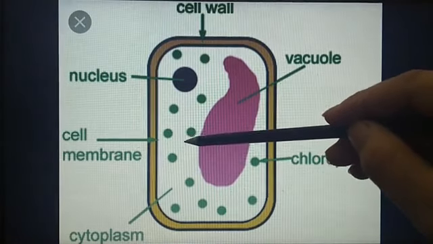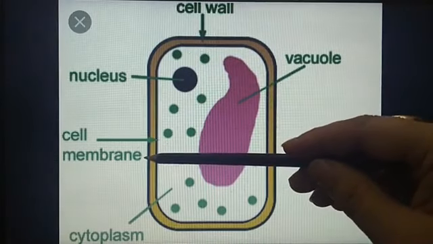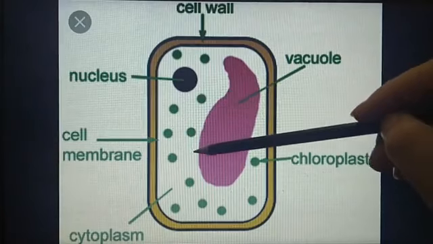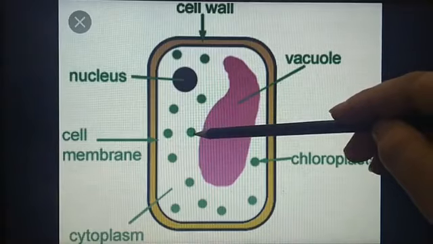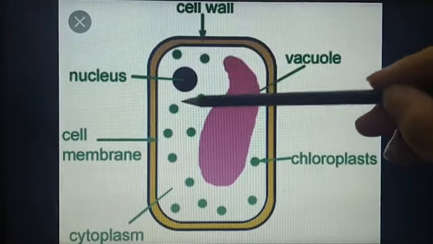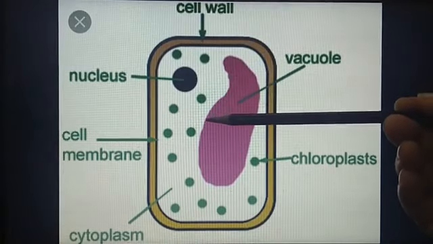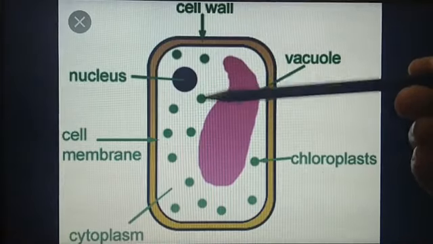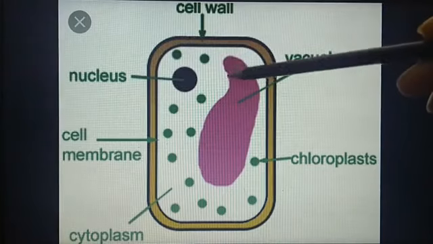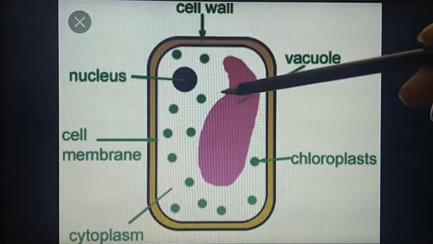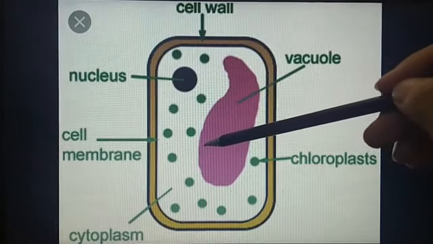What do you mean by selectively permeable? Selectively permeable is a property of a membrane that only allows certain molecules to enter and exit the cell. Dear children, you have seen an egg. Those who eat eggs have seen it daily. When you break the egg, you find a thin layer beneath the shell. That layer is a permeable membrane.